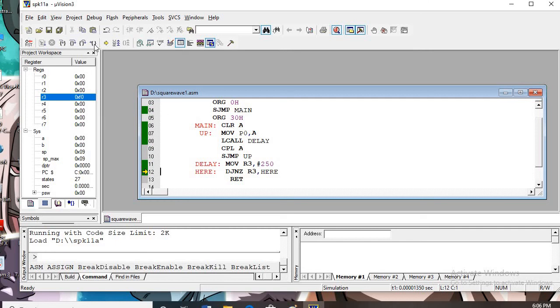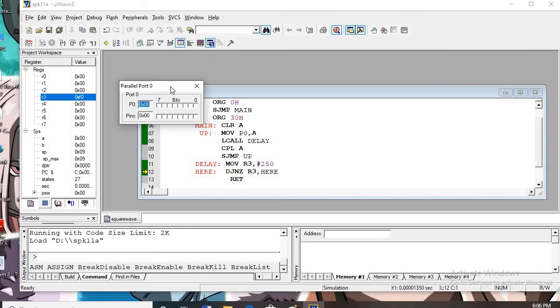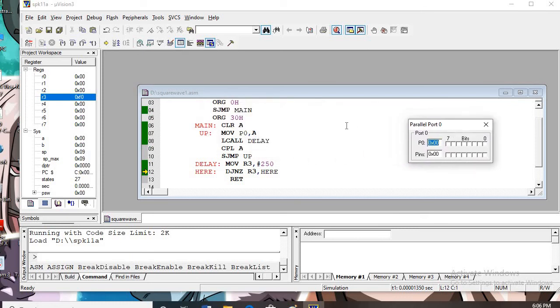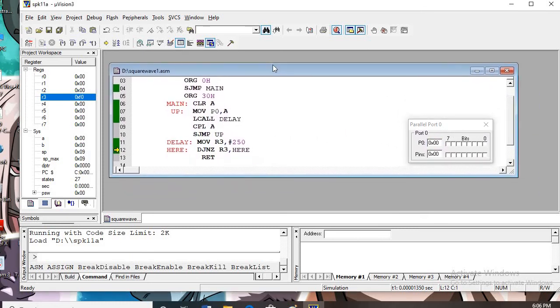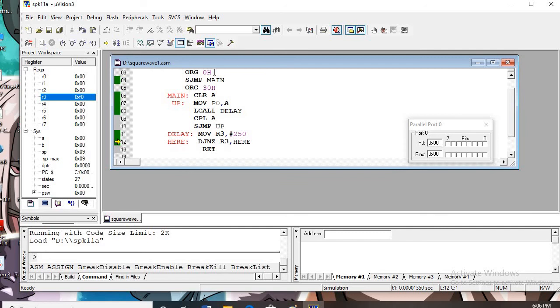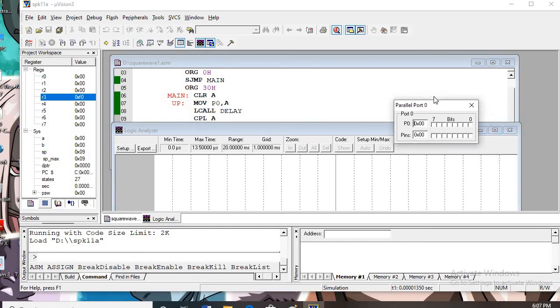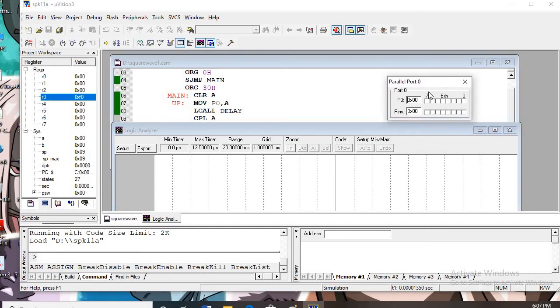So we want to see it in the peripheral window. So on port 0, this also I will keep aside, and let me move this window a little bit here. And from my logic analyzer window, first of all I will take it here. You give the port setup.